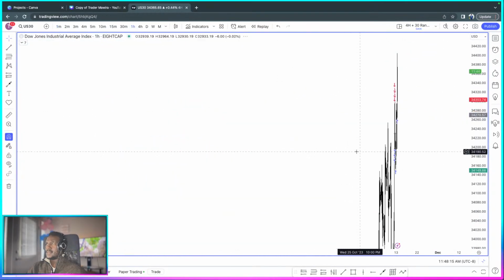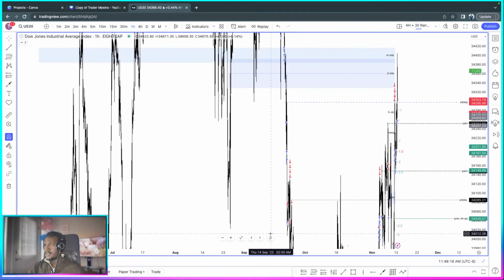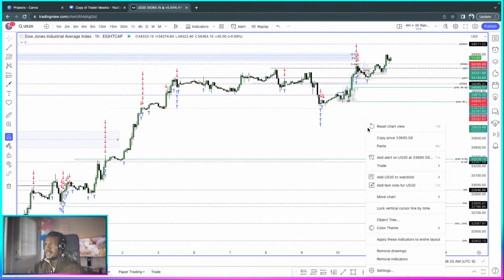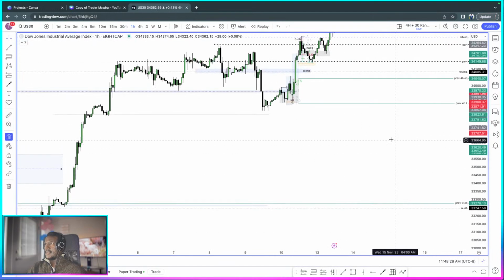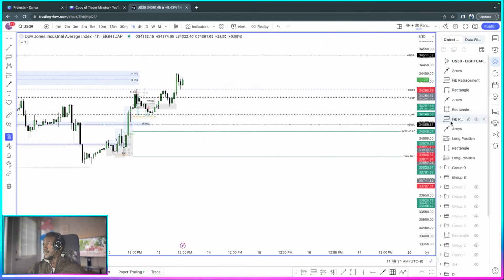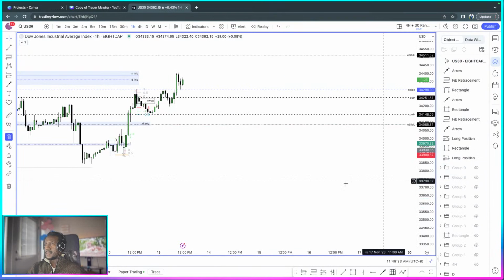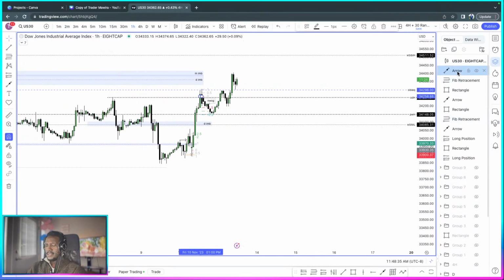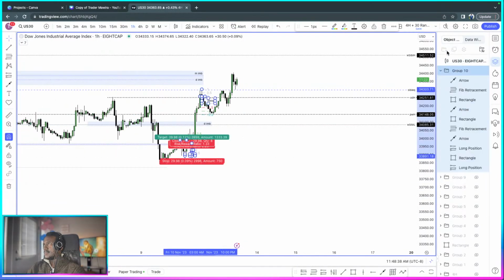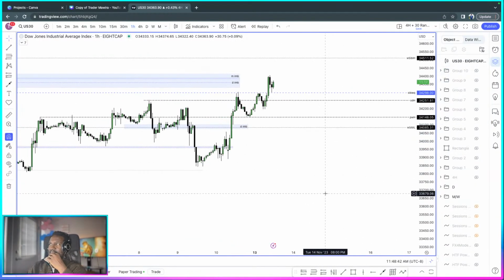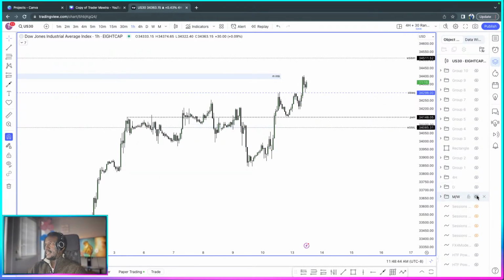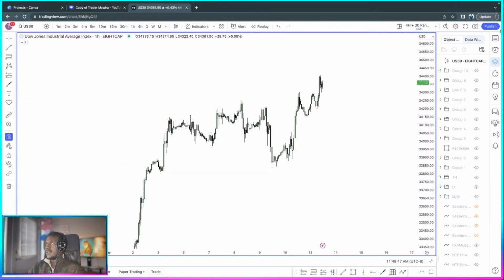So let's go to a higher time frame, because let me clean up these charts a little bit. Executions, positions. No, let those stay. And then all of this is grouped. So what we do is just go to group 8, group 9, and this is just things from yesterday, which are those important. I will do some cleanup. And there we go, we have our daily and our monthly levels. And just like that, we have a clean chart.